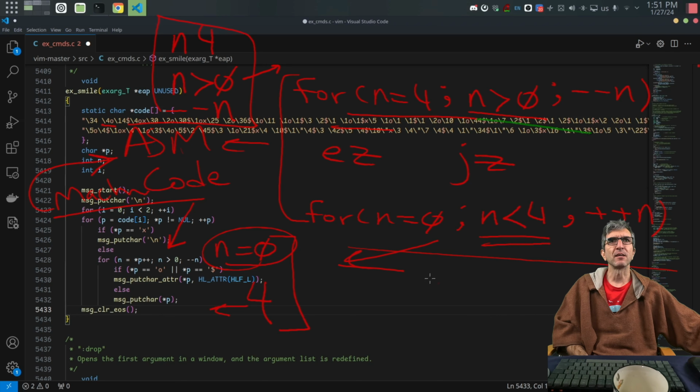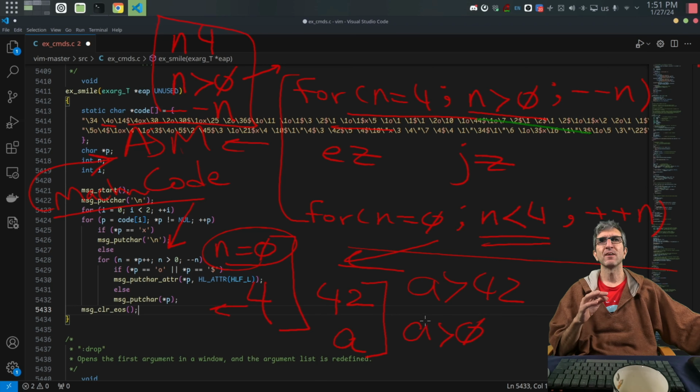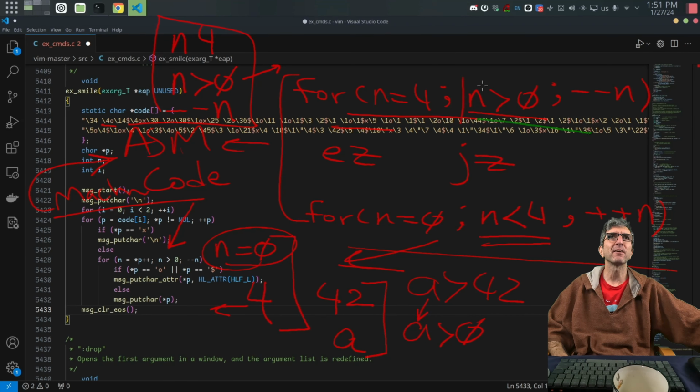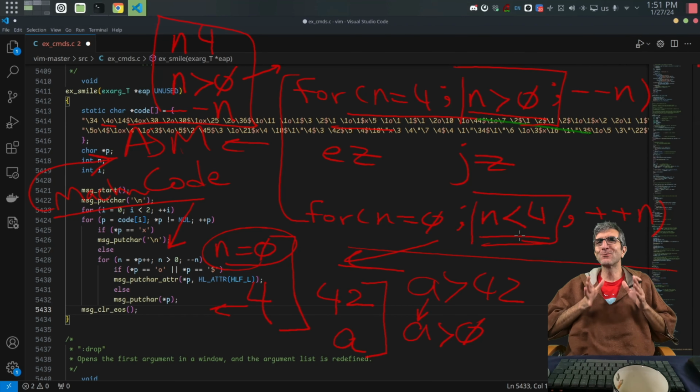Because if you are saying if A is larger than 42, 42 should be somewhere in the memory, A should be somewhere in the memory or registers, and then you have to compare these two in assembly. But if you want to say A is larger than 0, there is one specific instruction for this, and you don't need 0 somewhere in the memory. You just call larger than 0 on A, and you will have the answer. That's why guru programmers do it like this, because this comparison is much faster, maybe twice or even more. But in the real world, first, in Vim, you don't need this